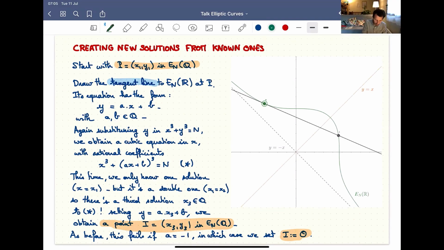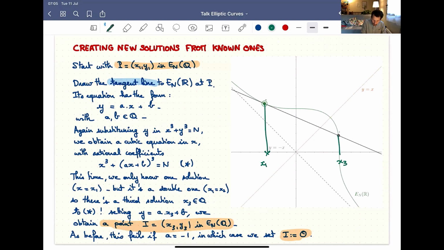Okay. So I guess this is this slide again. What we are doing here is the same as what we did on the previous slide with P and Q, where we join P and Q by a line and look at the x coordinates